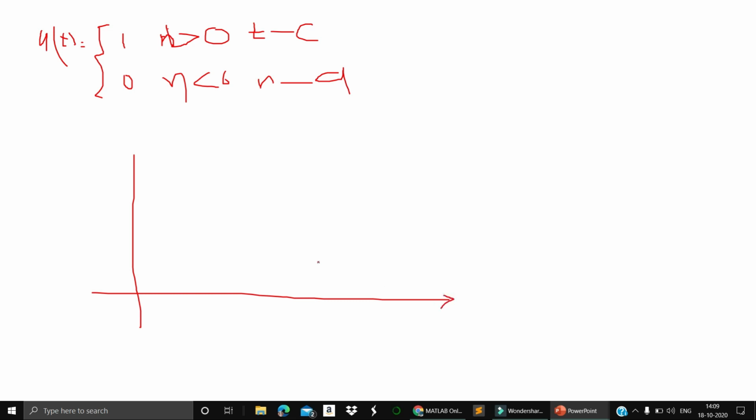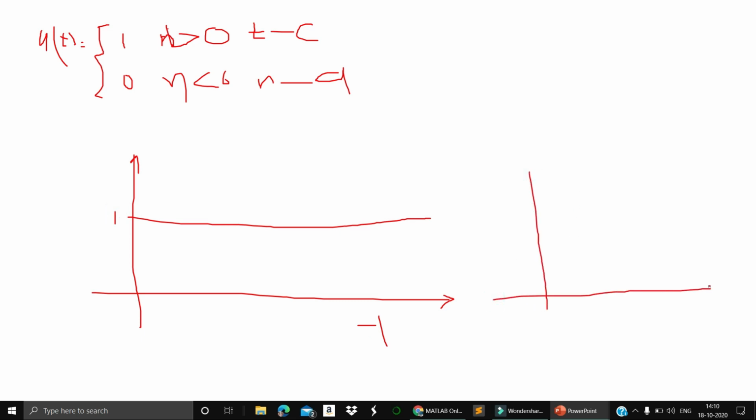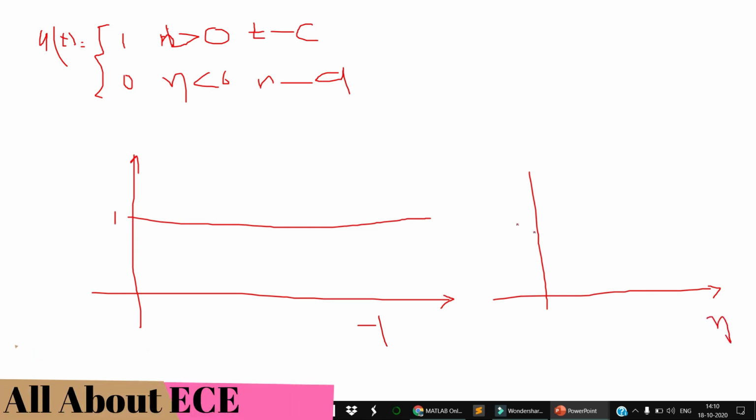If it is a continuous plot, then it's like a straight line. Correct, right? So this is amplitude 1. If it is a discrete one, you will have a discrete amplitude, right?